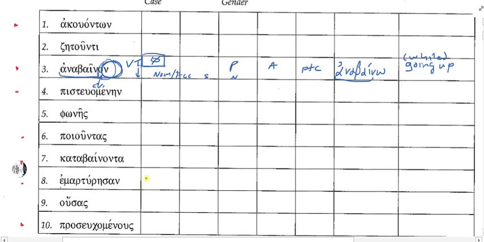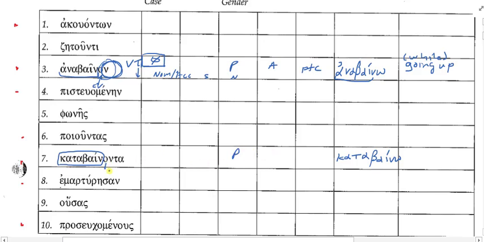Look at number 7. Since we were just looking at anabainan, we have katabainanta. So my lexical form here is almost the same as the first one, katabaino. Okay? Katabaino. What does that mean? To go down. Good. My lexical form has the present stem katabaine. My form here has katabaine as well. That's the present stem. So I would say that this is present.